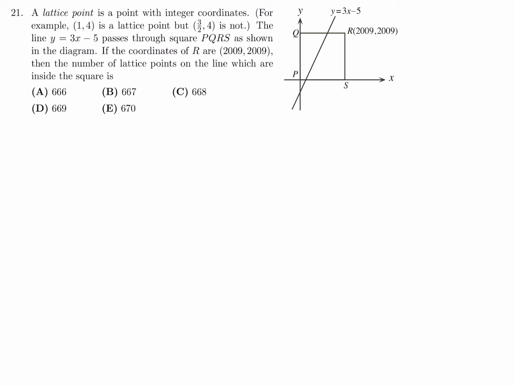The first thing we need to do is figure out this point and this point. Where does that line first and foremost cross the x-axis right here? And where does it cross QR, the top of that square? If we can figure that out, then we can figure out the number of lattice points because we will have a range. So the first part is figuring out where y equals 3x minus 5 crosses the x-axis,